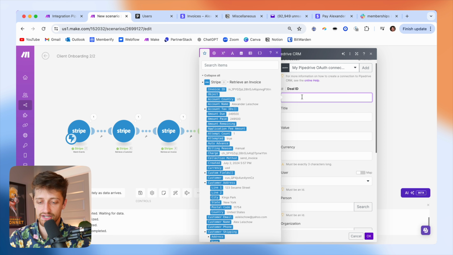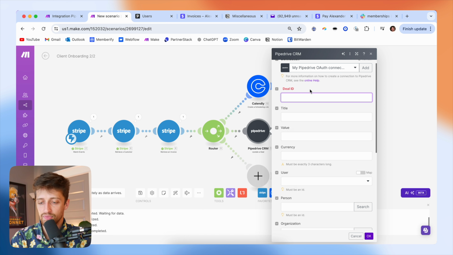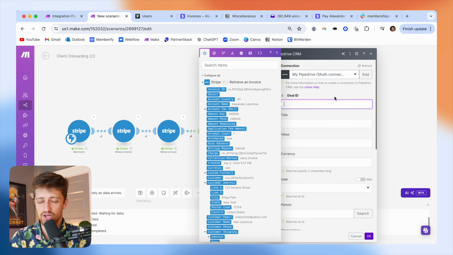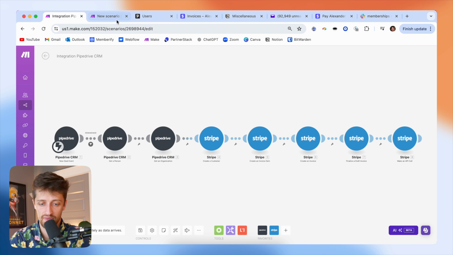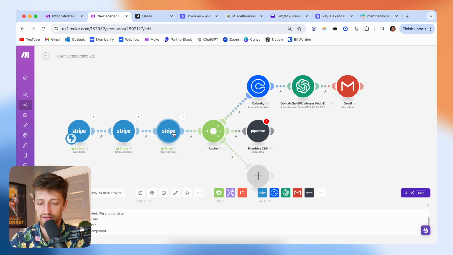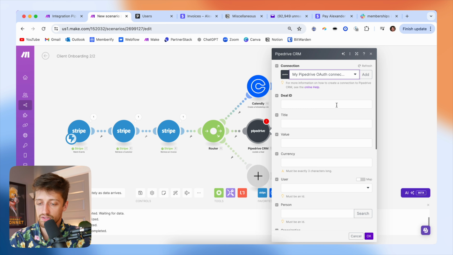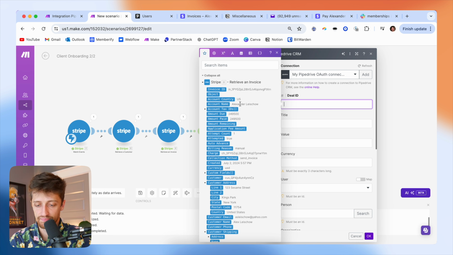This is why we attached the metadata back in the beginning of this video, in the first scenario. Because now we need to reference this deal ID so we know which deal to update to 1. All right, and since we're not pulling in any of this information in this scenario, we're pulling it all in the other scenario. We need to use this metadata from our invoice in Stripe to basically tell Make which deal to update in Pipedrive. So to do that, we're going to go to Deal ID,